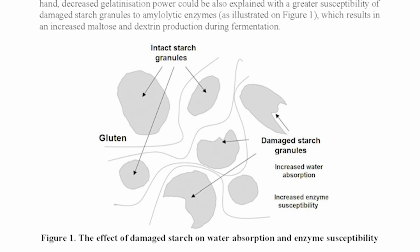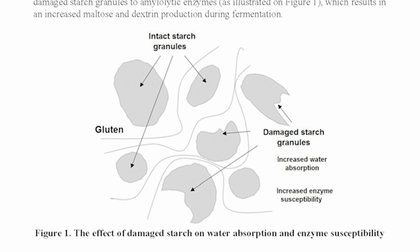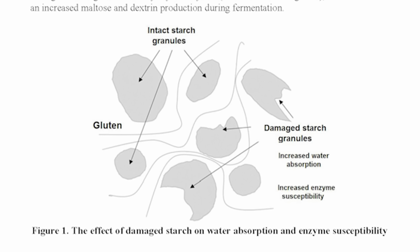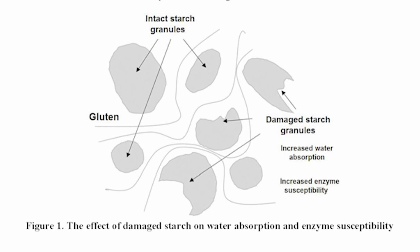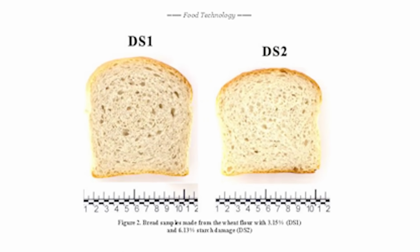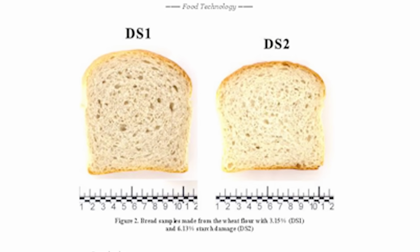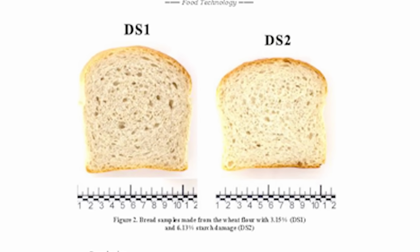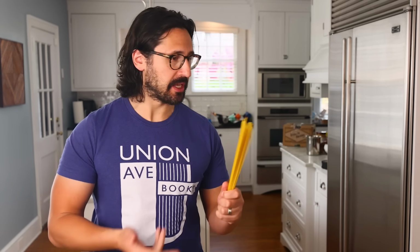Anyway, some amount of starch damage is actually really important for bread baking because a cracked starch granule is much more readily broken down by enzymes into simpler sugars that yeast can eat and ferment. Damaged starch also gelatinizes more readily in hot water, and it interacts with the proteins. It can actually get you a dough that is too strong and doesn't expand as much in the oven. You get tougher, denser bread with too much starch damage. But a little starch damage is actually great for bread. This is in contrast to other fields of endeavor where we generally try to minimize damage, such as pasta making